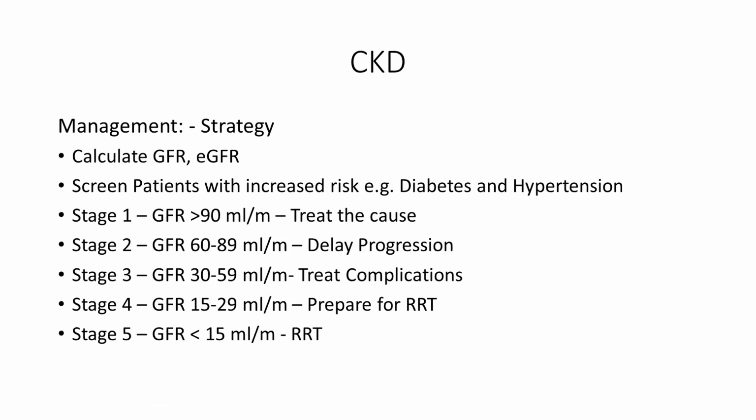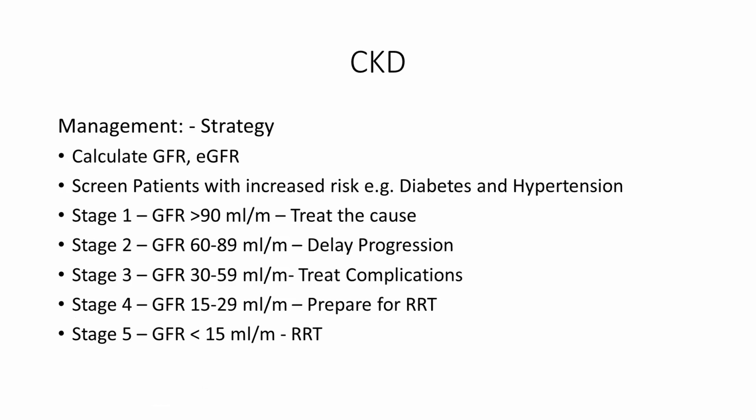Now, how do we manage patients with chronic kidney disease? You don't have to advise renal replacement therapy to all patients of chronic kidney disease. You have to first calculate GFR and eGFR, and on the basis of GFR and eGFR, you divide patients into different stages. Now, all patients of chronic kidney disease need to be screened for diabetes and hypertension